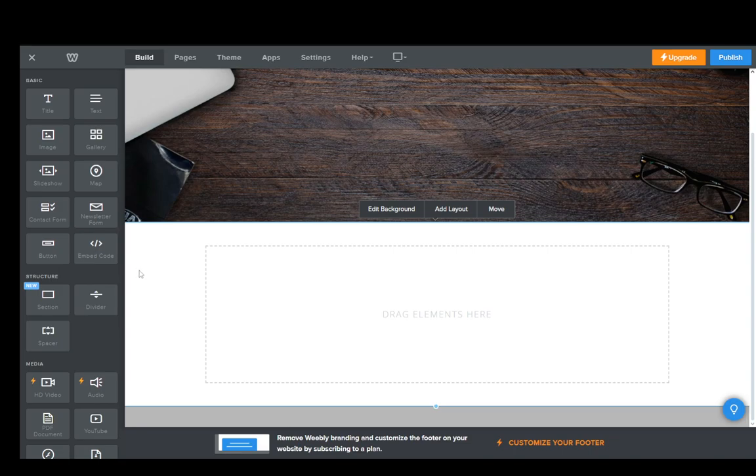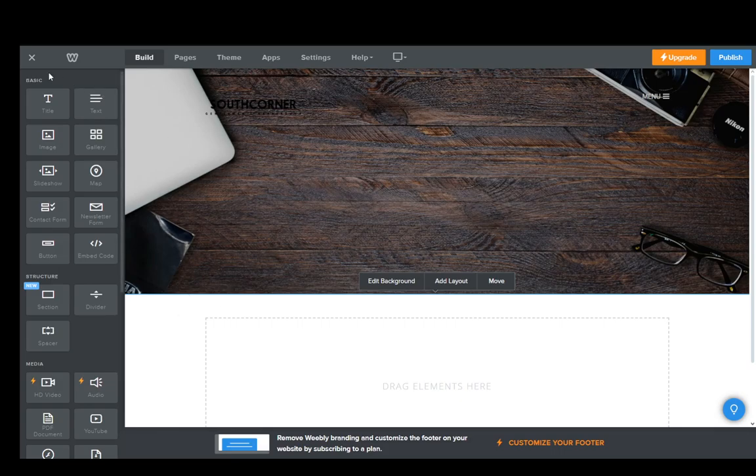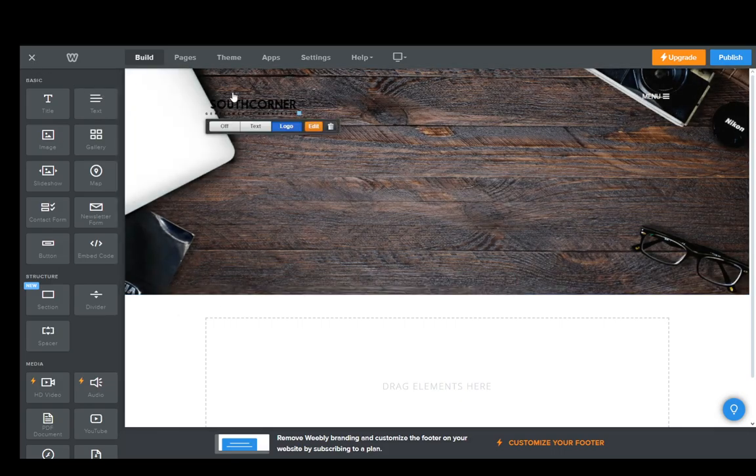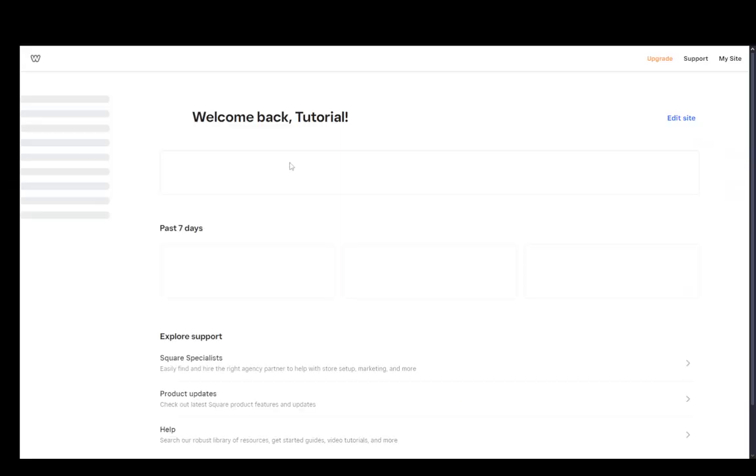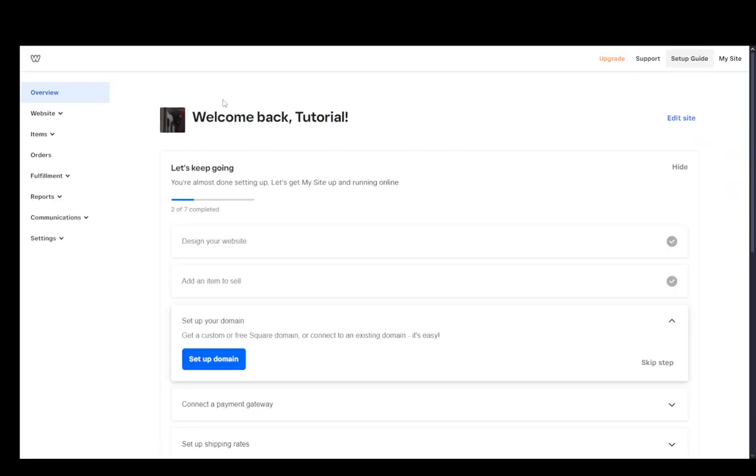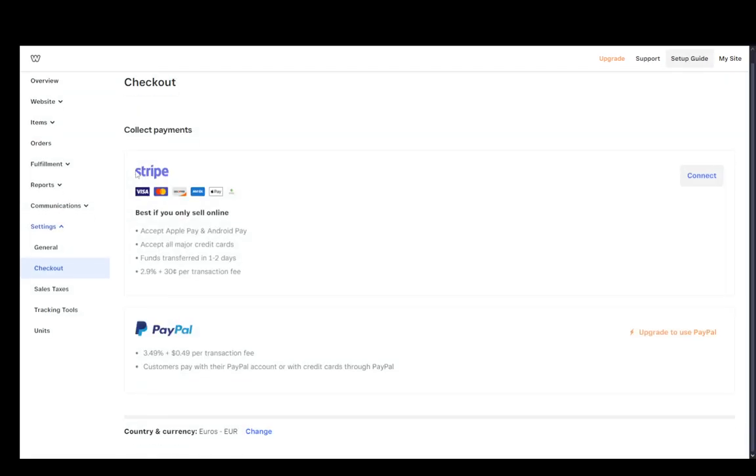Now currently, as you can see, I'm in the editor and I'm just going to quit out of it for a second because this is going to be done outside of the editor. We need to be on our dashboard for this to be set up. So once we're on our dashboard, we go down into settings, and then we go into checkout. And as you'll see, currently, at least in my region, the options I have are Stripe